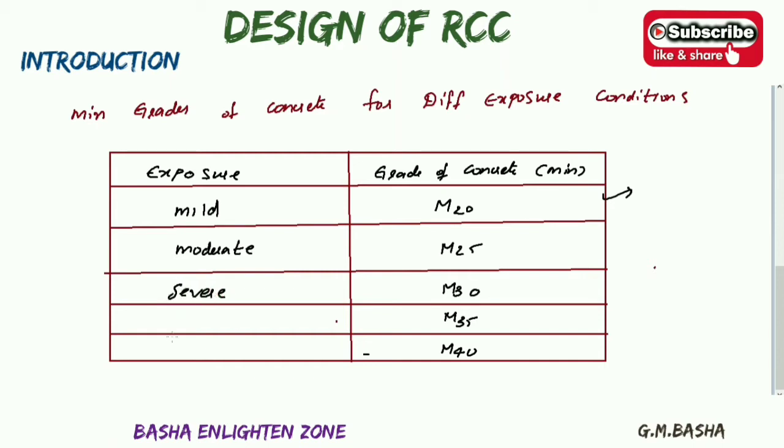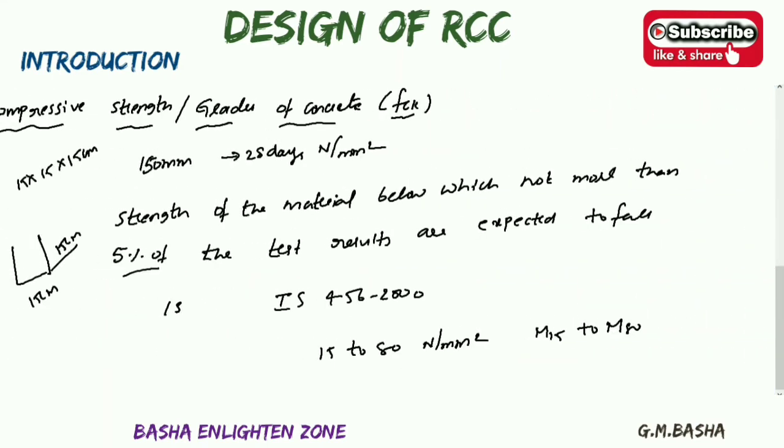Severe for M30, and this one will be very severe for M35, and extreme for M40. So these are the minimum grades of concrete for different exposure conditions. And again, I will show you how to remember the mixed proportions for nominal concrete. So nominal mixed proportions are taken from M5 to M20 and above. I will show you that also. So before that I will explain